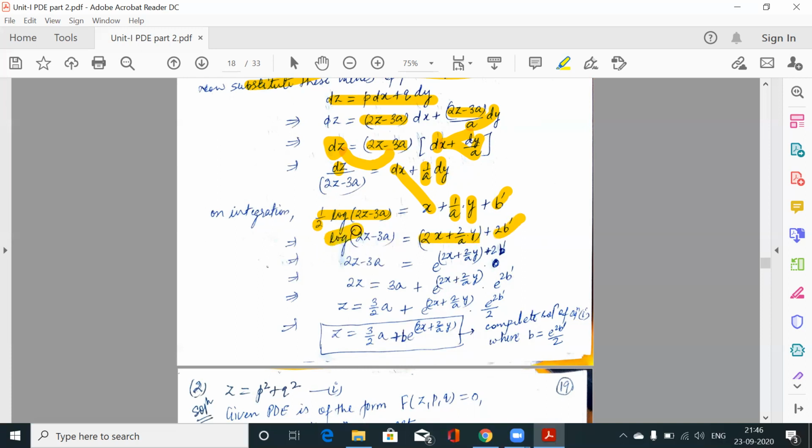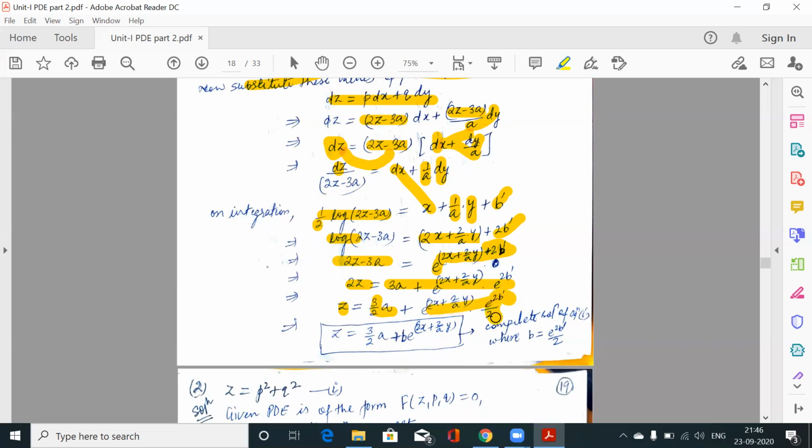Again, this is log. So taking the anti-log, whatever is on the right hand side will come as an exponent of e. So e to the power 2x plus 2a, by taking the anti-logs, plus 2b dash. So 2z will be 3a plus something, this a e to the power 2b dash. So again z is equal to, divided by 2, so 3 by 2a, and this divided by 2,